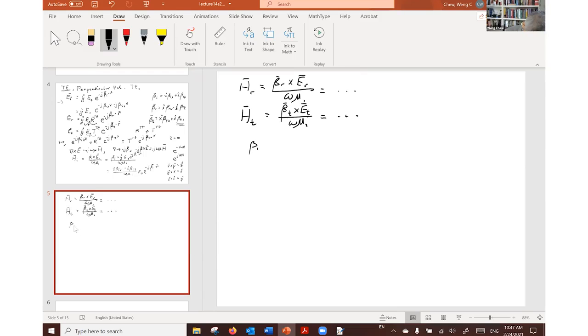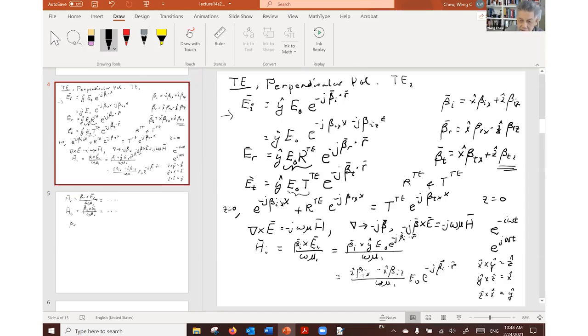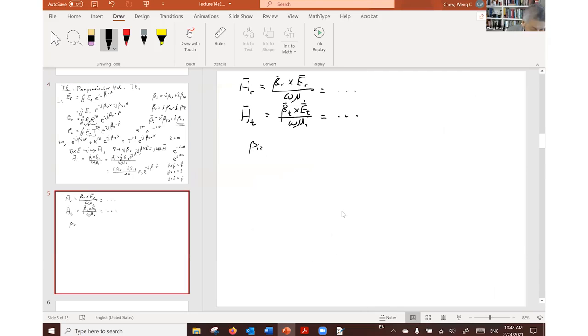that the incident magnetic field in region 1, if you work out the detail, I work out the detail for one case over here, okay? The tangential component will be just the X component. The Z component is not tangential, so I can just ignore that. So if I write down the tangential component for region 1 for the incident field, and then set Z equal to 0, and then divided by omega mu 1, that is the